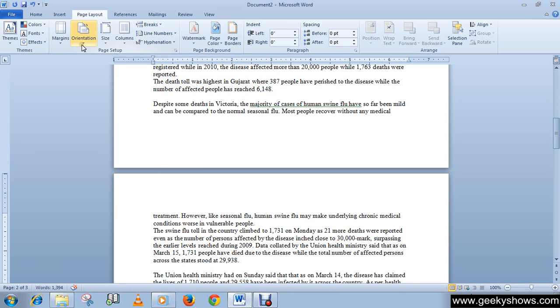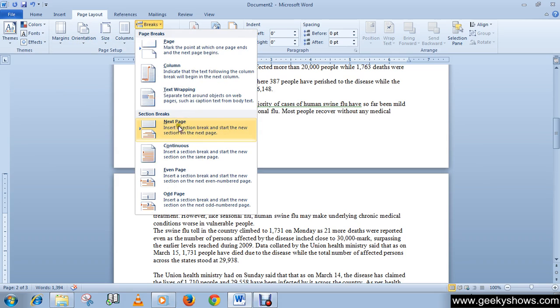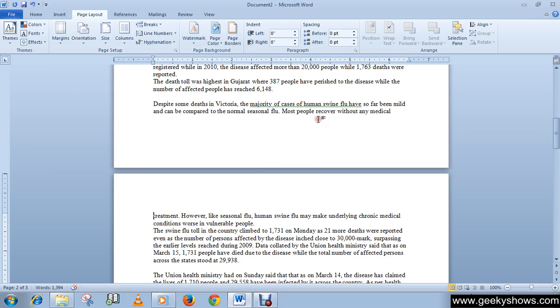What we have done is we just applied a Next Page section break. Now let's try to change the second page into landscape.